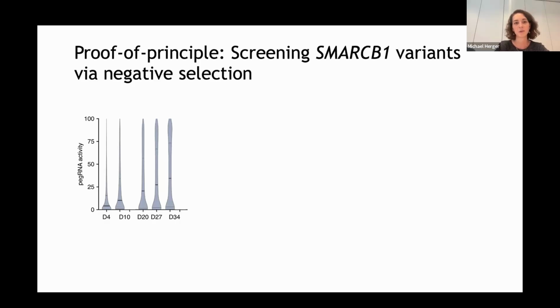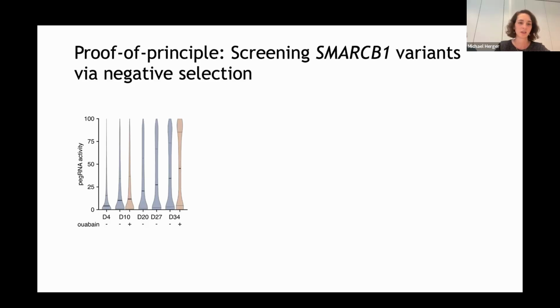And this can be explained because both the prime editor as well as the guides are constitutively expressed. Importantly, our enrichment strategy turned out to be successful, and we benefited from an additional small boost here. So on our final time point, day 34 in this experiment, we reached a median of about 40% editing at the surrogate target. It becomes quite apparent already here from these plots that our concern of widespread ranges in terms of editing were warranted, because we can see that activity differed quite a lot